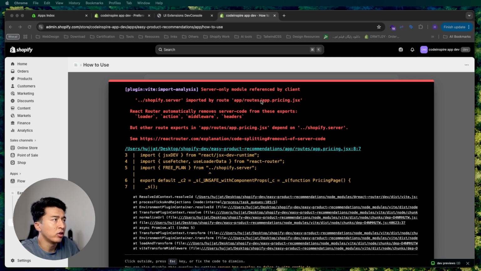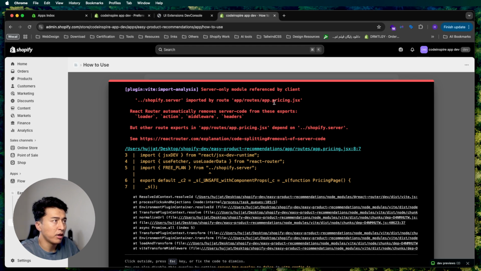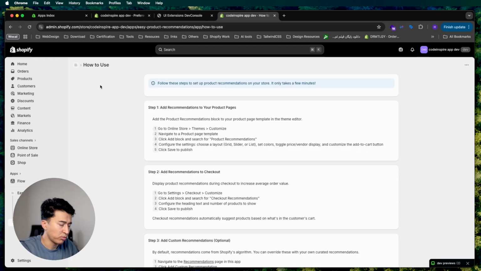I can see on my pricing page here, I have used this Shopify server. The pricing page is a component that is only rendered in the front end, but server is a server-only component. That's why it is causing the issue, especially for Vite, which is compiling my file. What I can do, this is probably the easiest way,